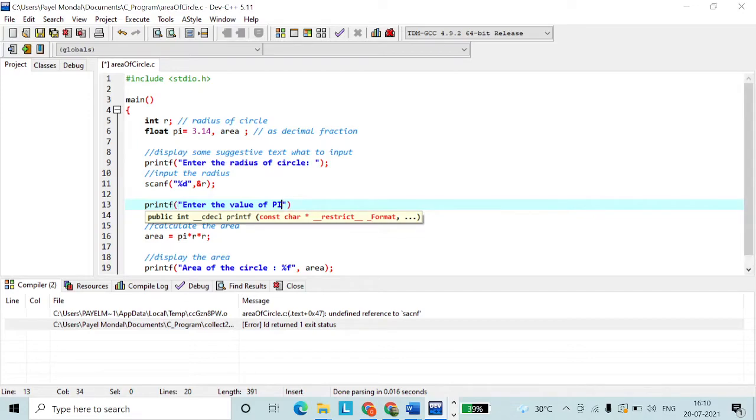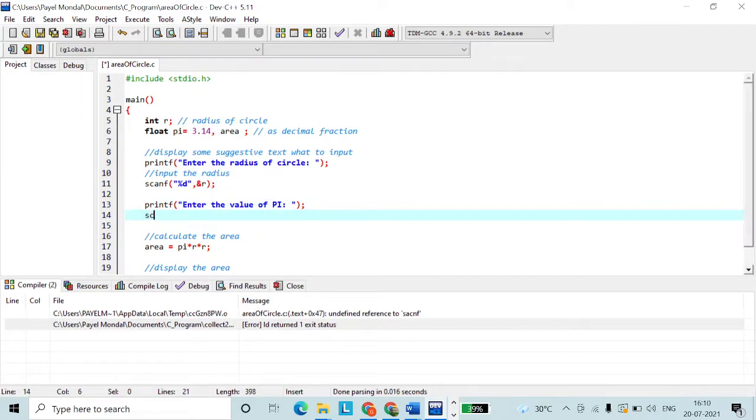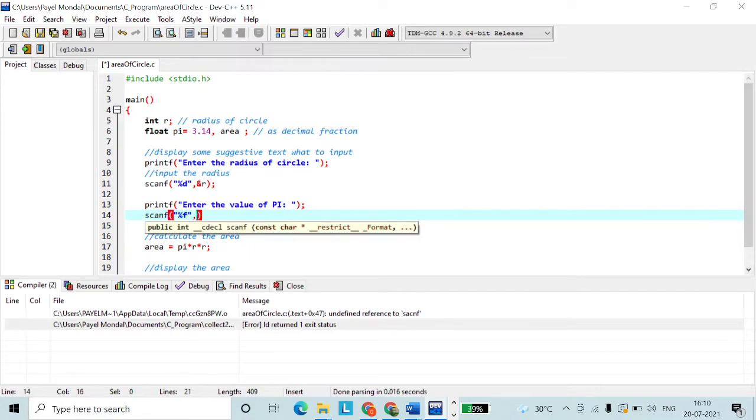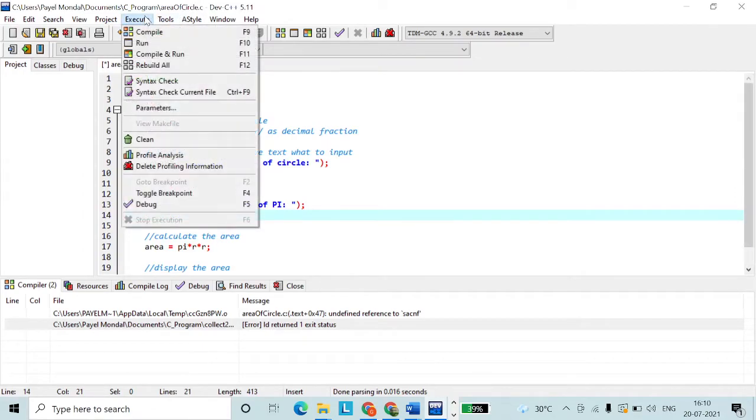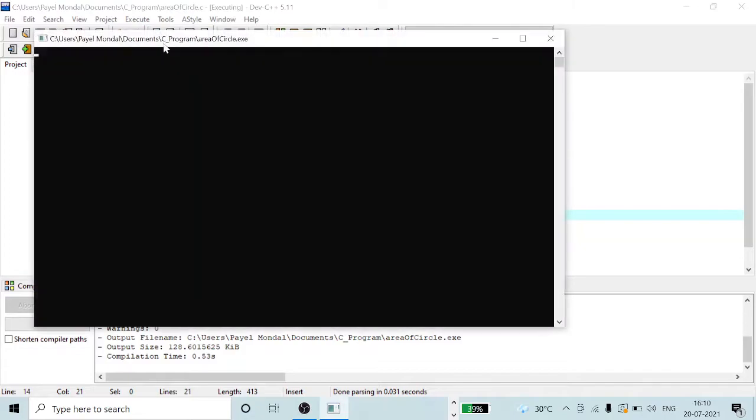And we are good. Scanf %f, &pi. Let's see how it runs. Execute, compile.